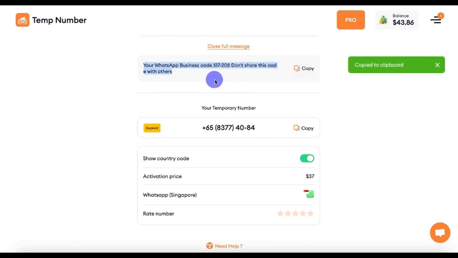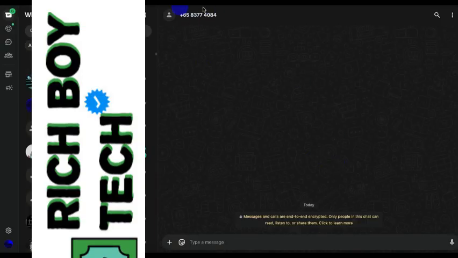Let's check the WhatsApp out. You can see the number there, the same number. So this is how you get a Singapore number